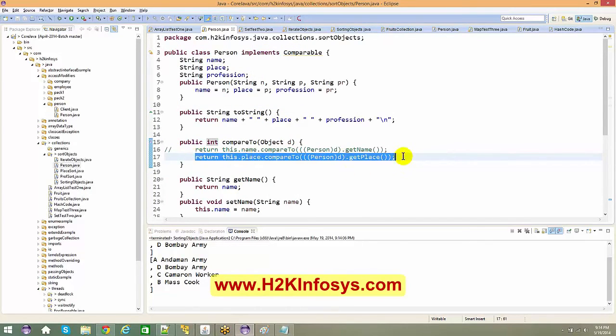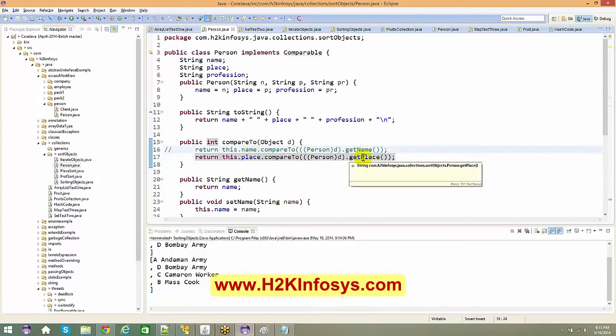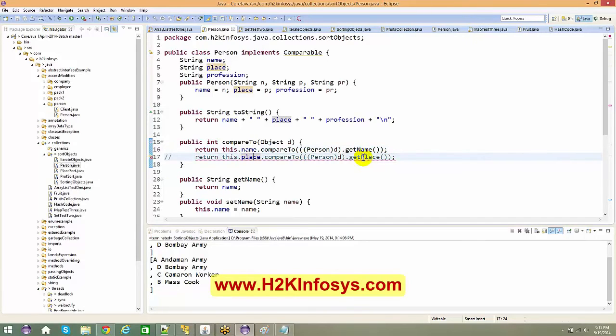It's a program which is given to me by Wipro or Satyam or XYZ company. They do not give me the access to change this particular code, right? So what should I do in that case? Let's say here in this case I am using a name sorter. So I'm basically sorting using my name, right? Tomorrow I want to use something like place. So what I am going to do is I'm going to use a different class,